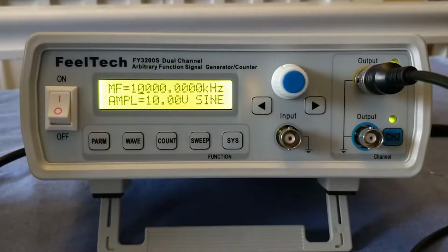Hello, today I'm going to attempt to increase the performance of my FeelTech FY3224S function generator. I bought this in 2016 for about £45 from Amazon, and I saw a video a few days ago by TI THS3092 in which he swapped out the final stage op amps, and so I thought I'd have a go doing something similar myself. Now the device that he was demonstrating is similar to this one, but not exactly the